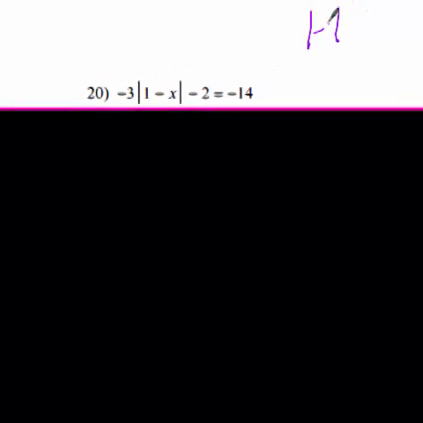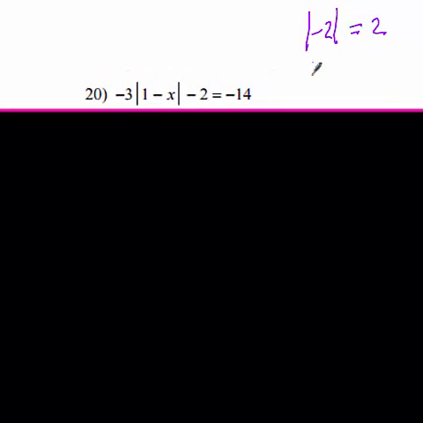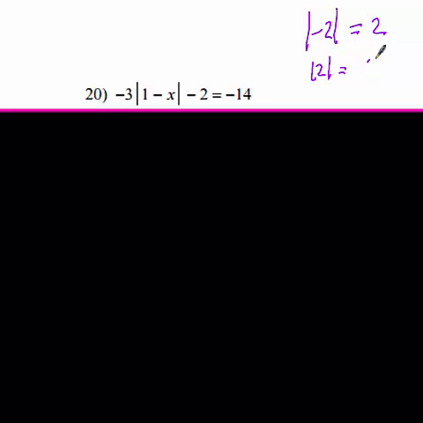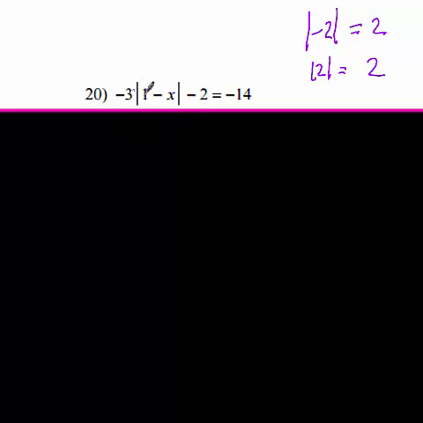All right, so in absolute value problems, remember, absolute value should give me 2 answers. So I should always get 2 answers, because the absolute value of negative 2 is 2, and the absolute value of 2 is also 2. So there's 2 different answers that can give me a 2. So the first thing we want to do